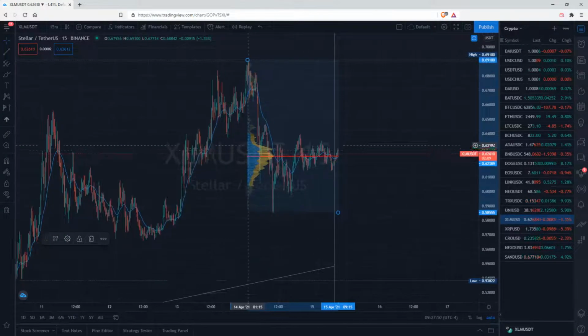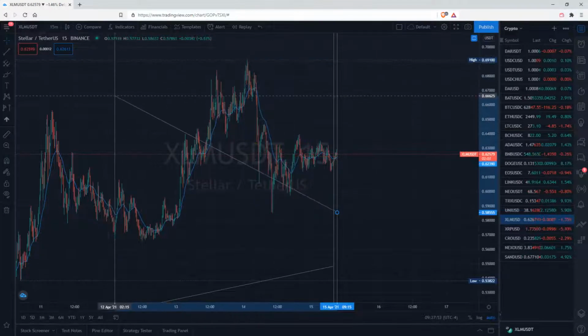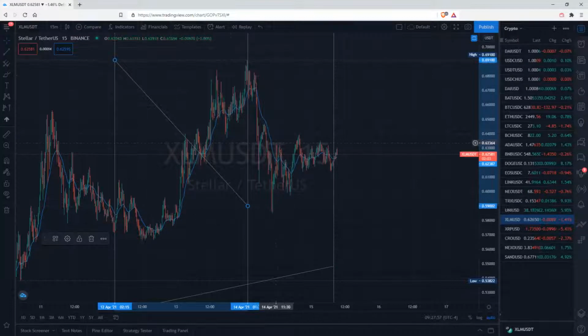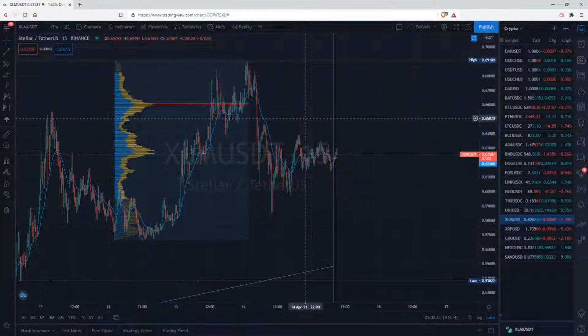If we bring this back a notch, let's go over to the lows. We know they built up the volume at the bottom, but I'm curious as to where they built that volume up. I just want from the bottom to the top. Okay, so this is another very big point of interest. If the market on Lumens is going to continue higher, a likely objective for it is going to be 66. That's where they were built in before. So this is going to be a big zone that we're going to have to keep an eye on. If the Lumens market is going to continue back up, it's first off going to have to get back up to 66, obviously, but it's going to need to get above it. And this is going to be the hard point of interest at 66 cents.